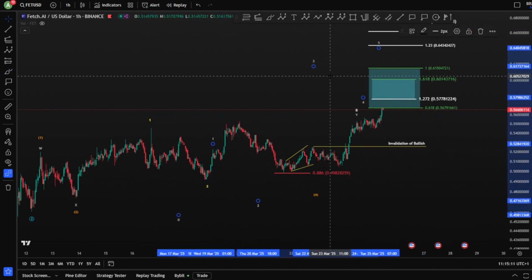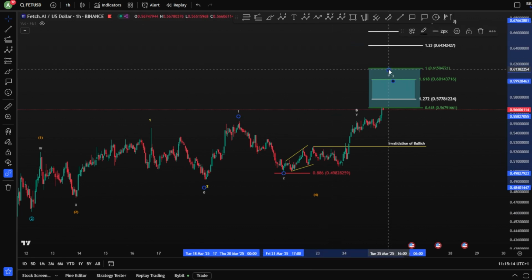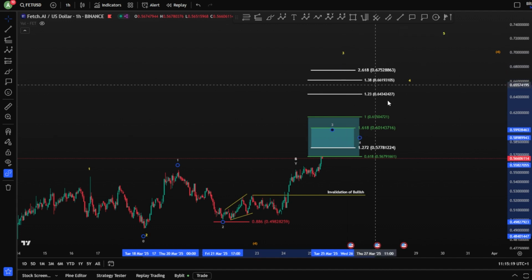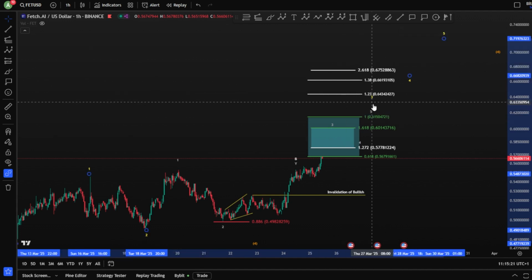Let's arrange this, guys. Okay, this is our count here. So 3, 4 potentially might finish here, and maybe the 5 there, taking the high here, 1-to-1 fib level,